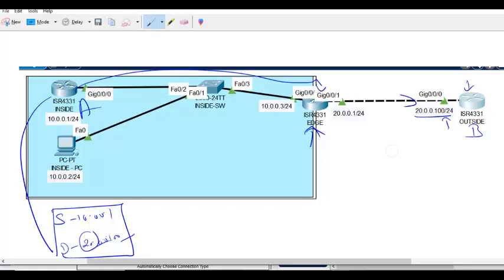Packet will come. No problem in coming. But the problem is in returning back. Now you see, B needs to now respond. The packet source will be what? 20.0.0.100. To whom it has to respond? It has to respond to